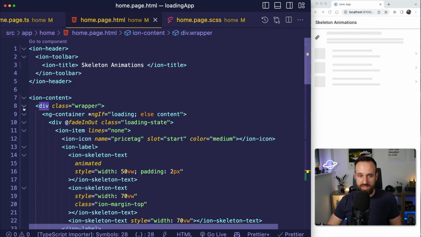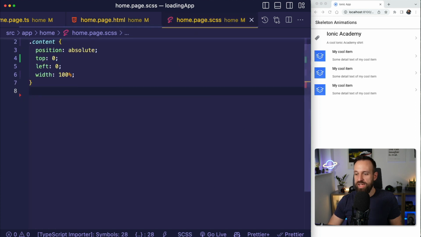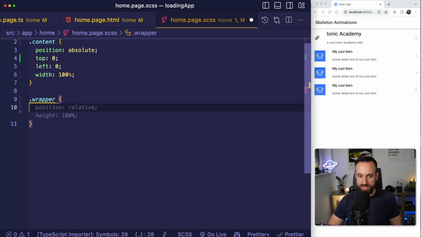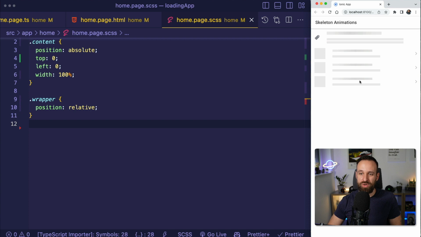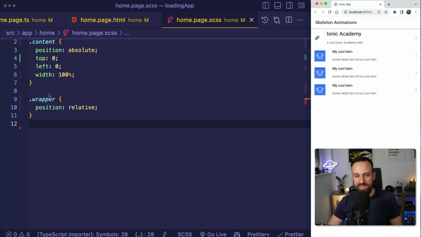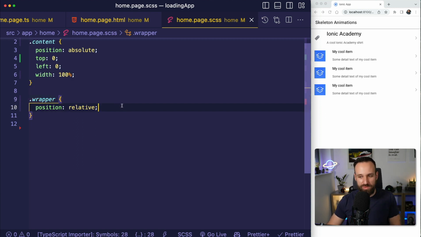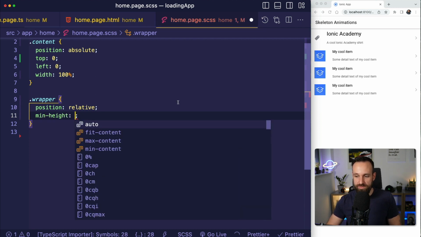So I can now close this and we would see we have the wrapper and then we have the ion card. Now, initially ChatGPT told me that the wrapper just needs to have a position relative, not a height of 100%, and everything would be fine, because then the elements would be positioned in the wrapper. However, this doesn't really work unless you give the wrapper a specific height. I tried this using Flexbox and Flex Inside, so the items fill up this wrapper. It never really worked. But what usually works is if you now give this a minimum